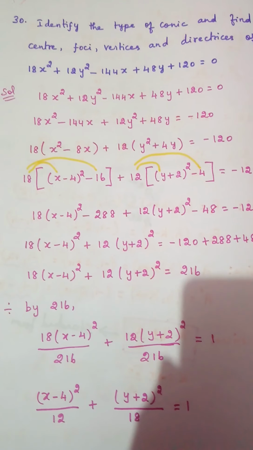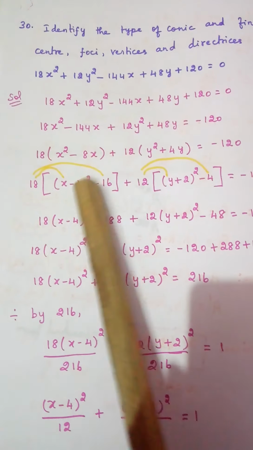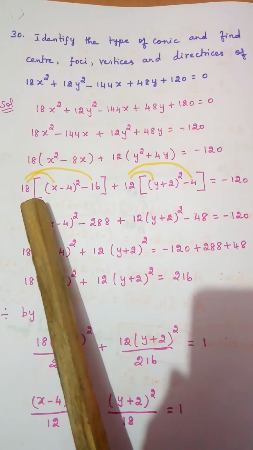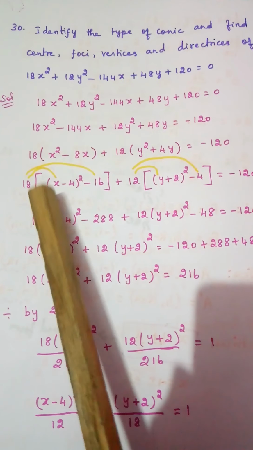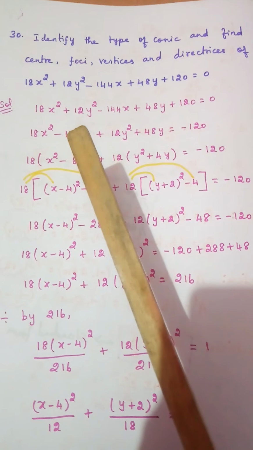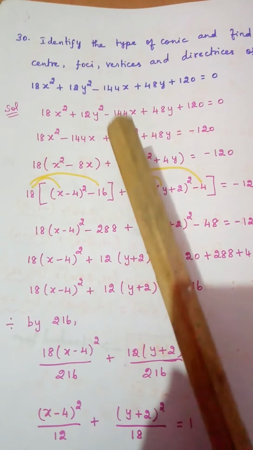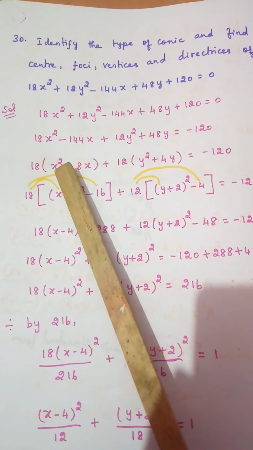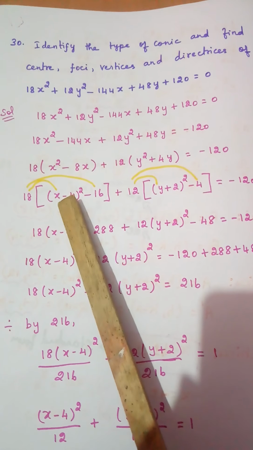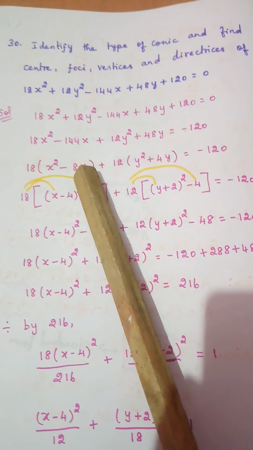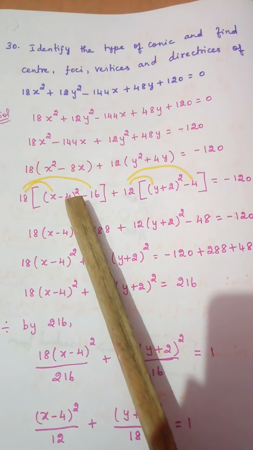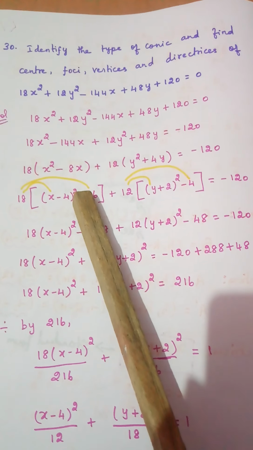Now after doing like this, the next step comes by applying the completing square method. Many times I told you while doing parabola related problems what the completing square method is, I have explained it. Here I am not going to explain it, I am just going to tell what is completing. Completing square method means what? If x square is there, I should write x. Whatever symbol is present, I should take as it is. Take this number alone, don't take x, just take the number 8. Half of 8 is 4, so put 4 and complete the square.